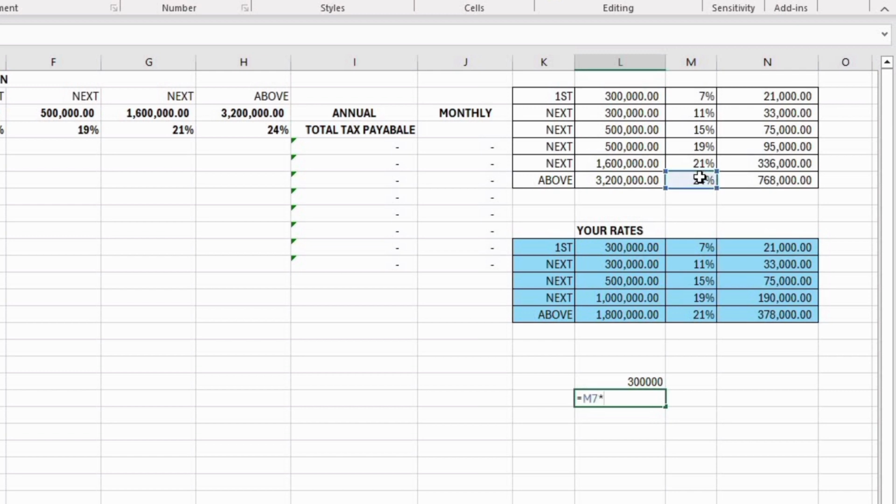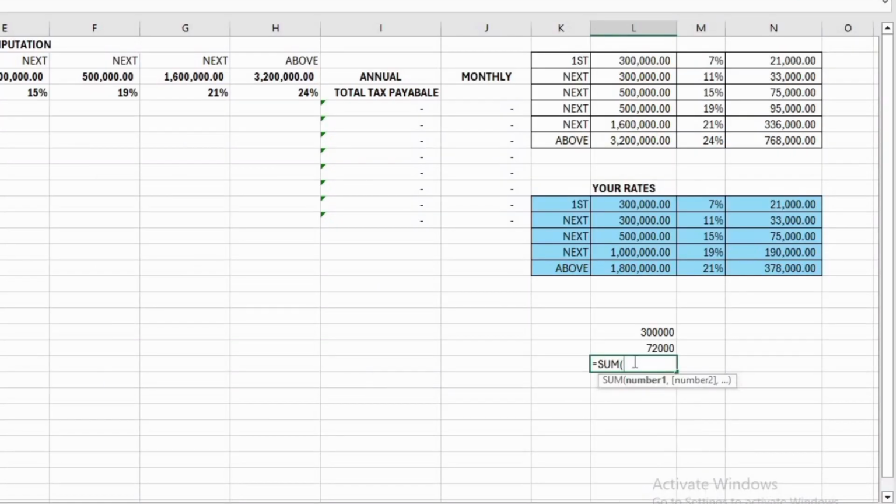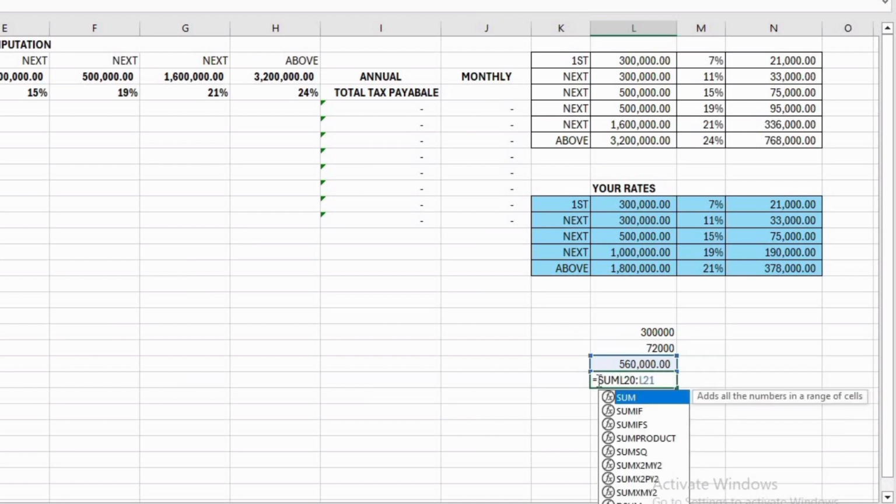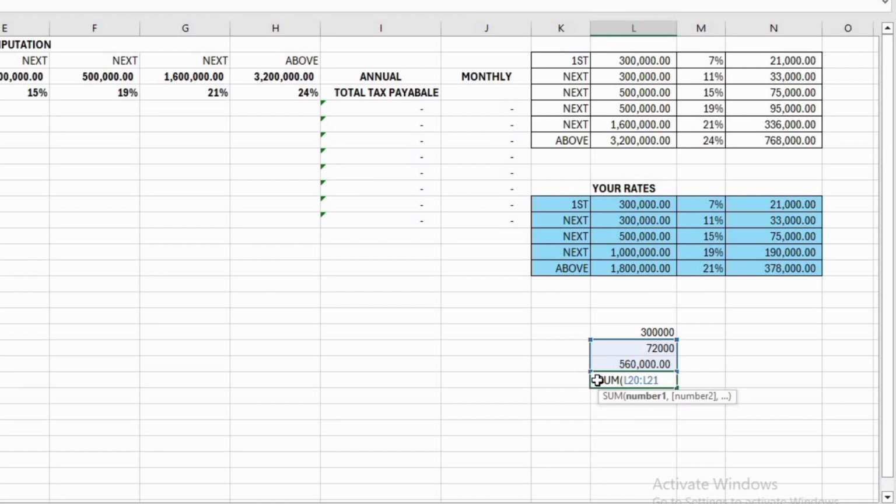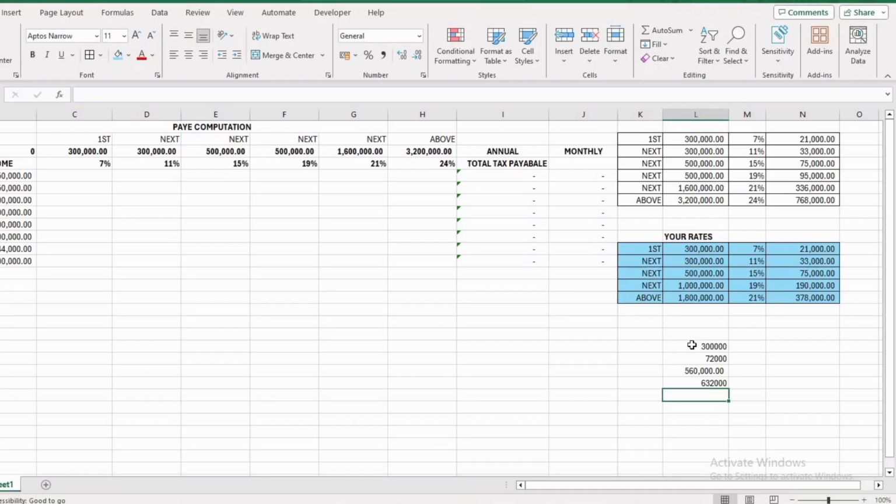So 24% of 300,000 becomes 72,000 naira. The cumulative total of the previous rates is equal to 560,000 naira. So the 72,000, which is the excess above 3.2 million, plus the 560,000 which had come initially, equals 632,000 naira, which